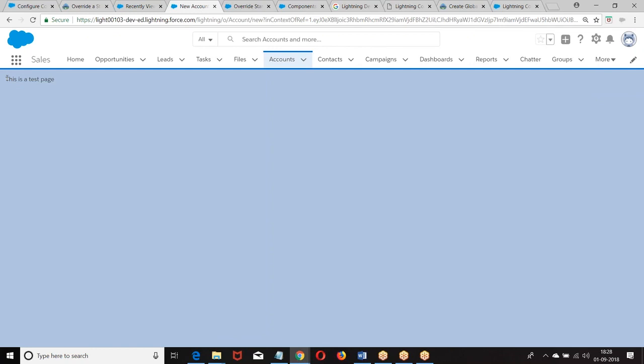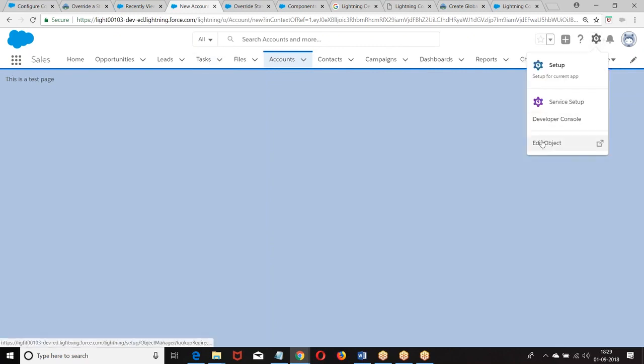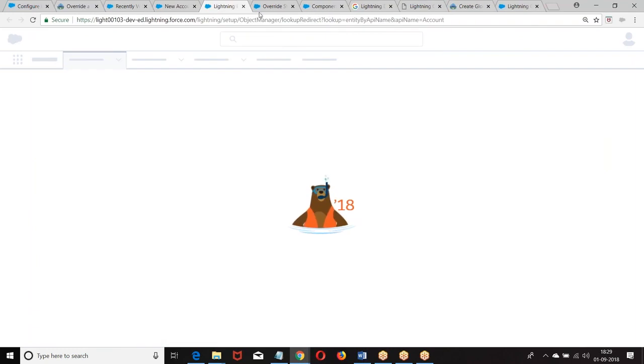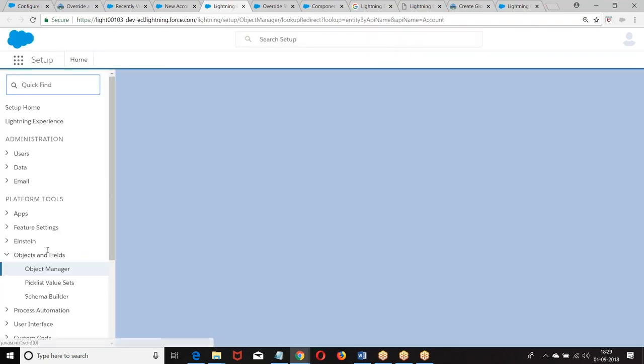This is test. Now, actually, your standard component was there. That was replaced with your custom component. Now we got only this is a test page because I have overridden the page. Now we'll design it one step at a time. First, we are just looking at how to create an object specific action. Go back to this. Replace it again.